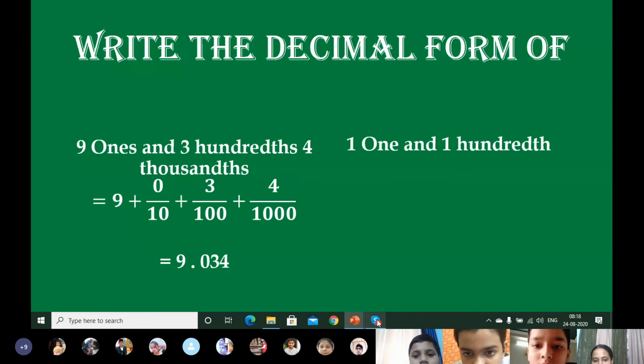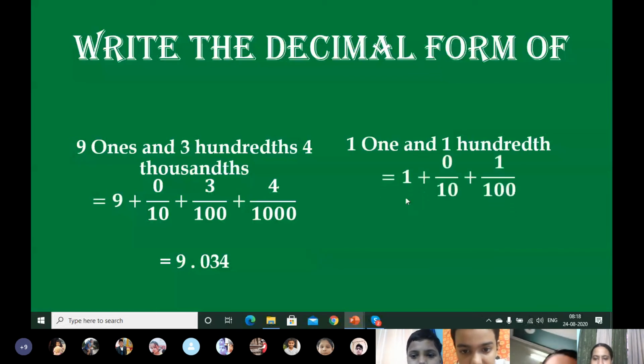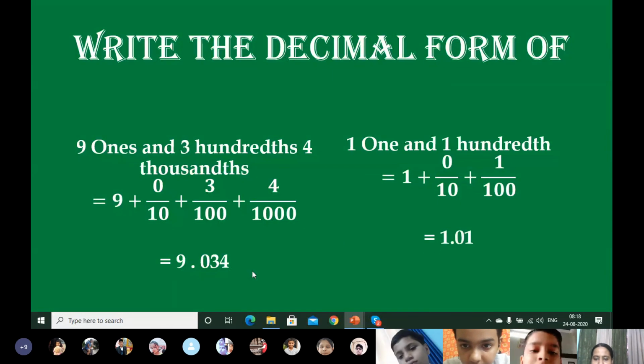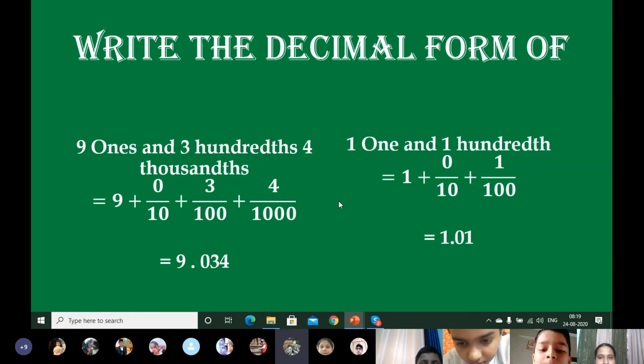Okay? So what will be the answer? Who is going to tell me? You can break it and check. I have shown you how to. You can break 1.01. 1.01. Okay, 1 because 10 is not there. So 1.01. See, if you have a confusion, you can break the number in such a form and write the decimal form. Better to be correct than to be wrong, right? Okay, let's move to the next step.